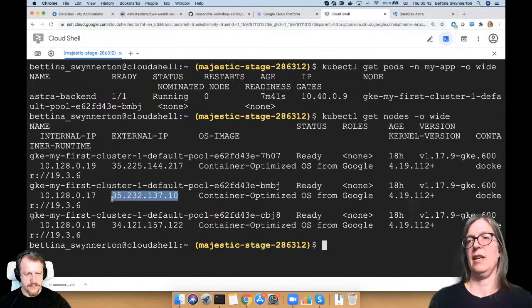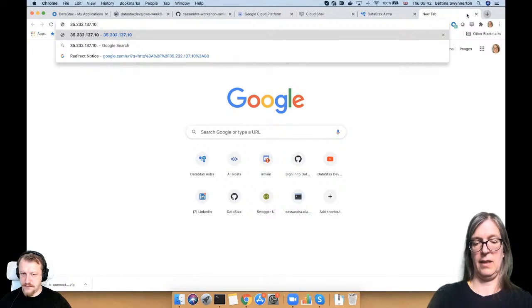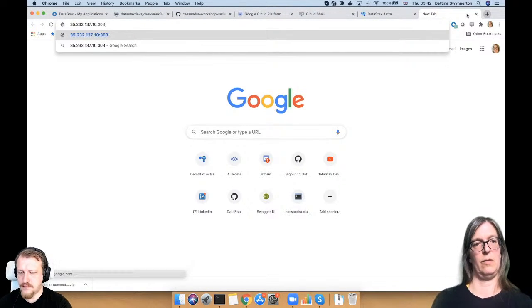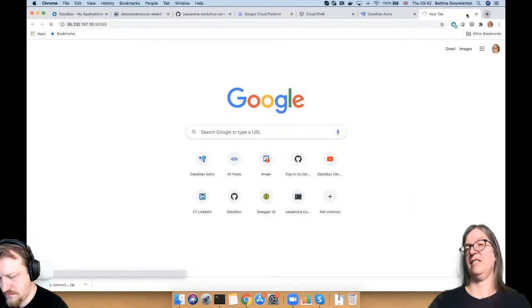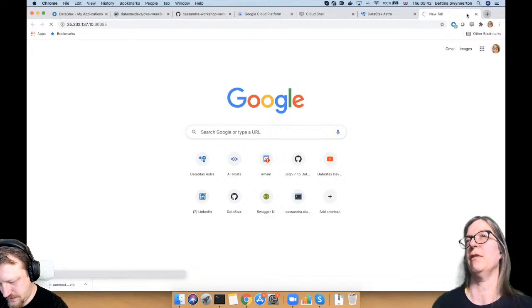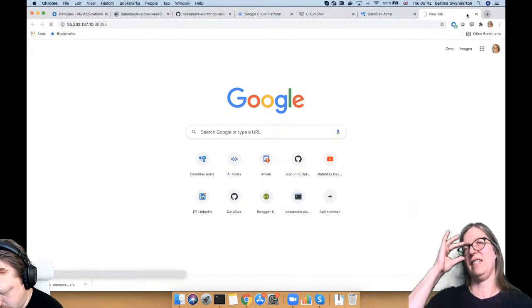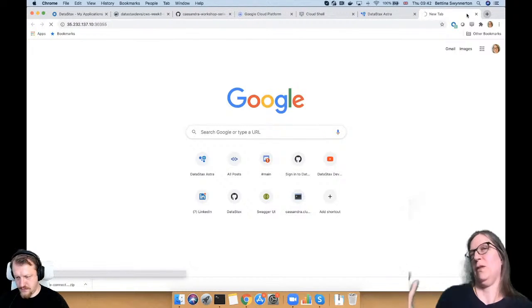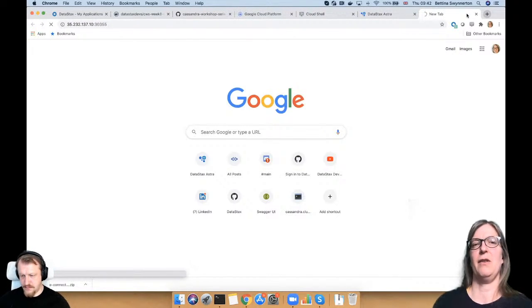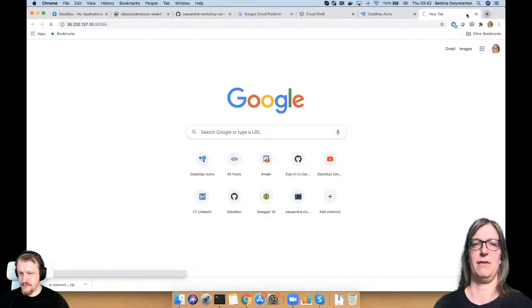So if I try this now, with the port of 30355, oh, it's not connecting. And you know why? Because I need to establish the firewall rule that this port is now accessible from the outside, because this is not a default port, right? This is not like port 80, which is by default open in a lot of deployments. But 30355, we just decided that, and there's no way that Google Cloud Platform knows that we make this open for access. So we need to establish the firewall rule.